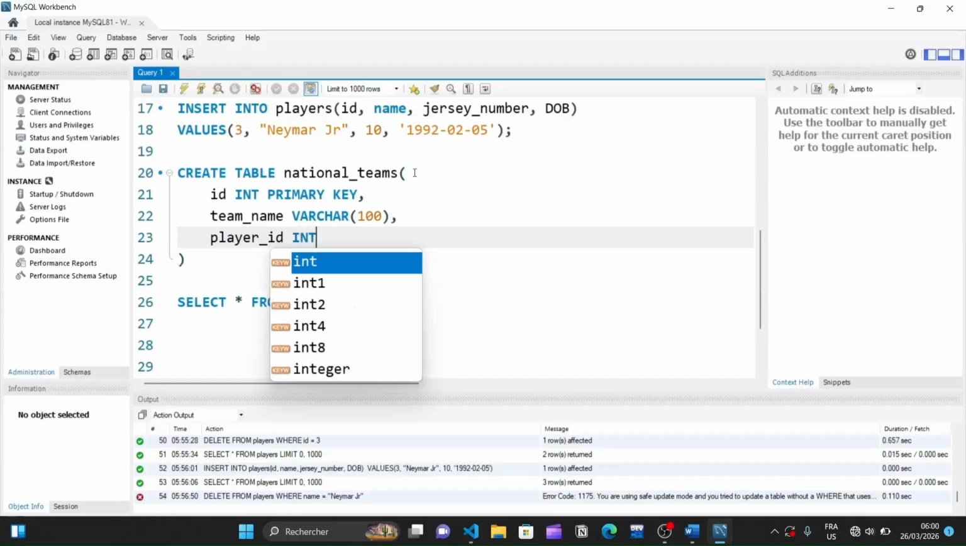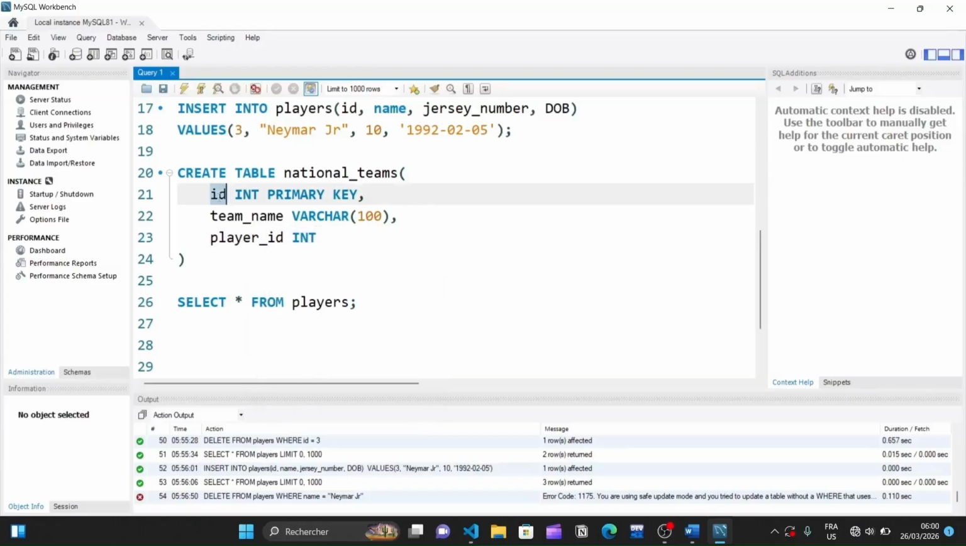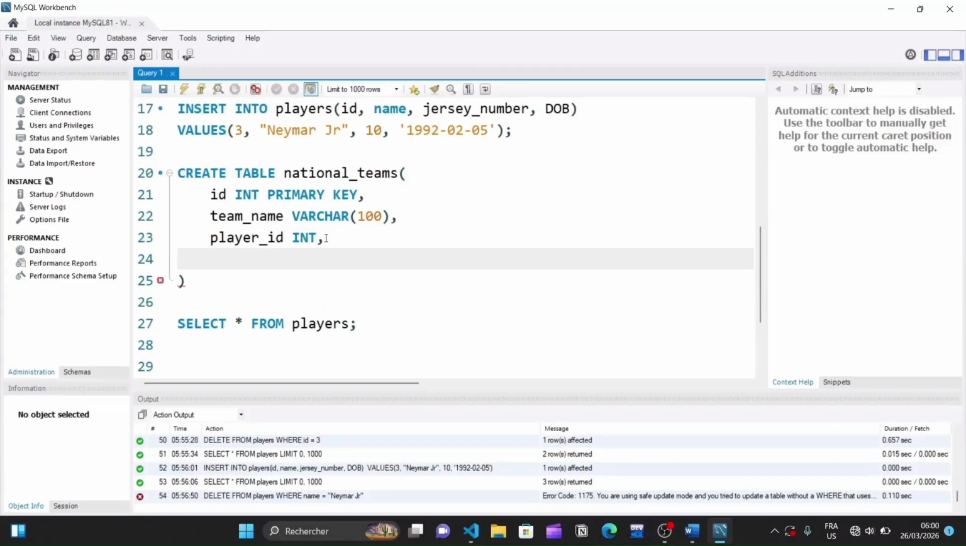So this player ID we have here is going to reference the ID of the individual players on the players table. On the players table we have it just as ID, but on the national teams table, since we already have another attribute called ID, we cannot call it ID again. That is why I've attached player before it, so it is now player ID, but it is going to have the same values as the ID of the players table. And in order to specify to MySQL that we want this player ID to be linked to the IDs of the players table, we need to specify it as a foreign